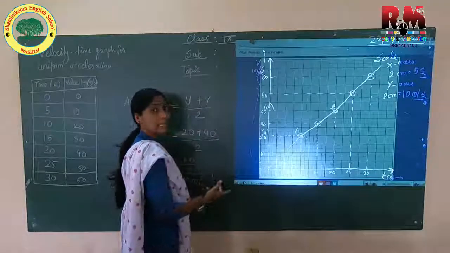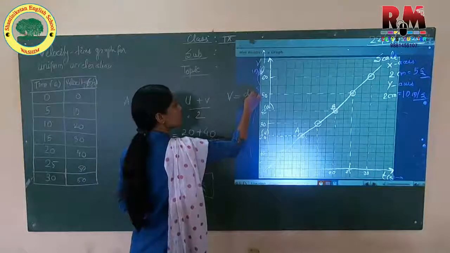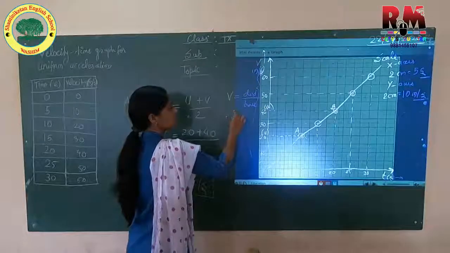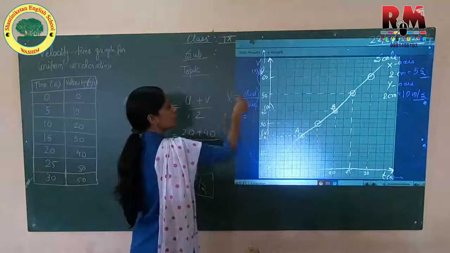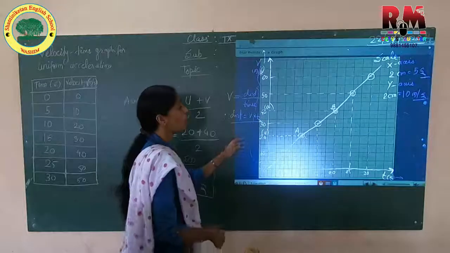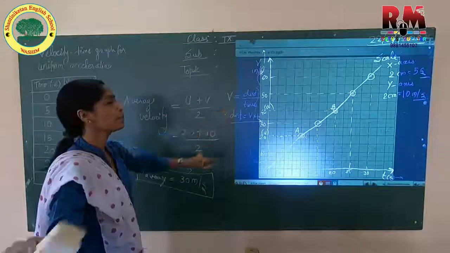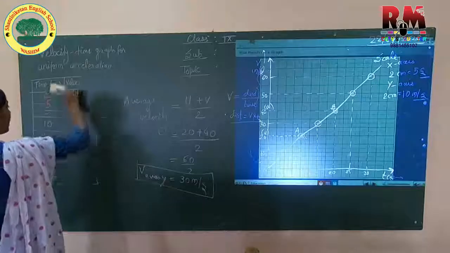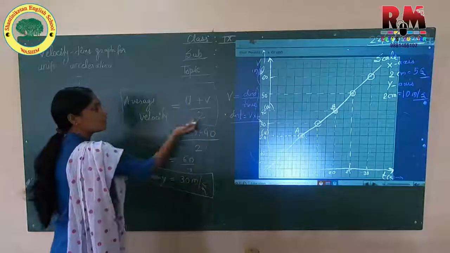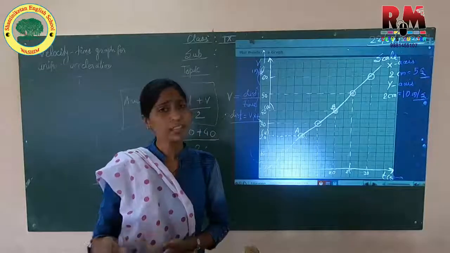So analytically also you can find, means by using formula. What is formula? V is equal to, suppose, distance upon time. Therefore distance is equal to this. When it is in denominator, it will go to numerator. So this is one of the formulas, or by graph also you can find. So in the next session we'll see this part. Till this point you need to do practice and try the values. So how to find average velocity? Graphically, or instead of graphically, by using that table also you can find the average velocities.